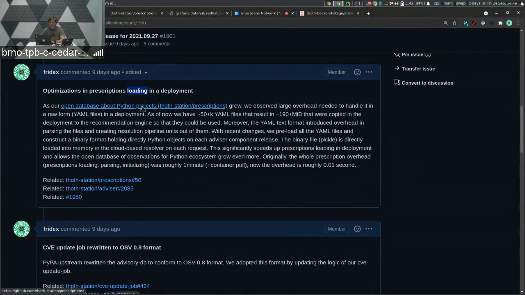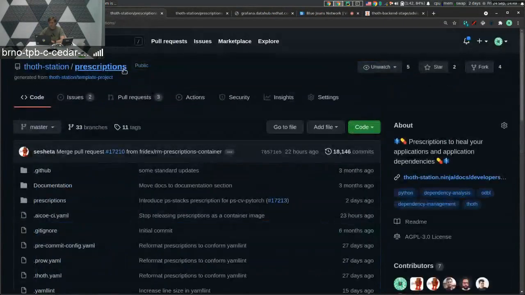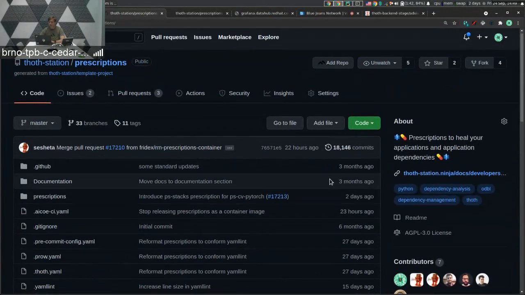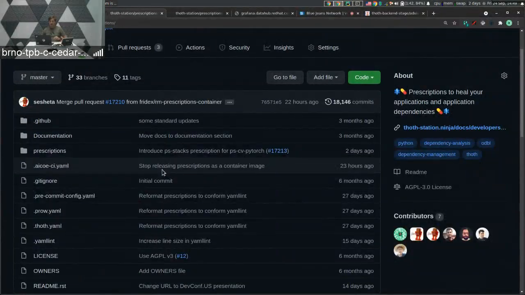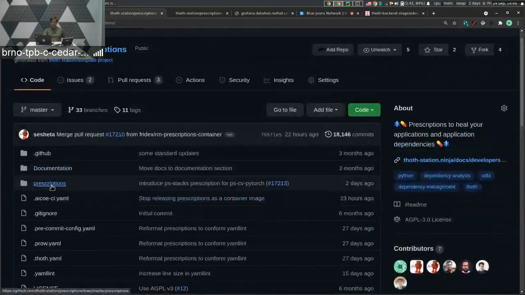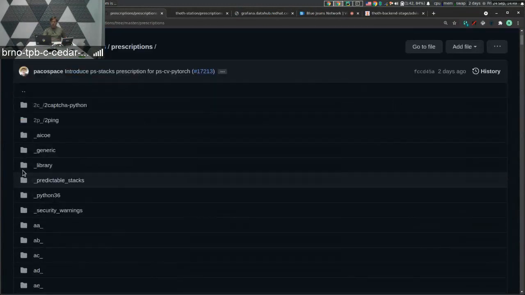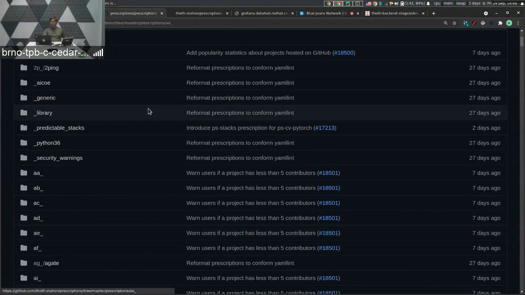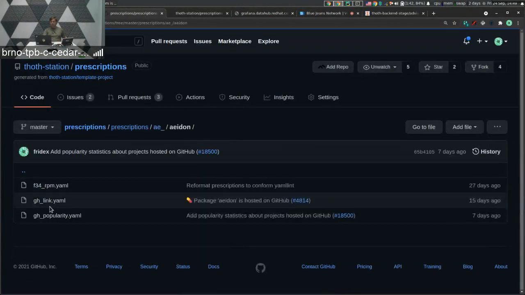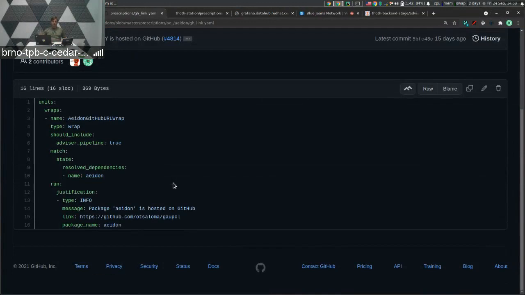So if you are following Project Thoth, you are already familiar with the prescriptions repository that keeps information about open source Python packages and also about runtime environments that are used to run Python applications. This repository contains YAML files that are specific to some packages, and these YAML files state how the desired resolution process should look like in order to deliver high quality software